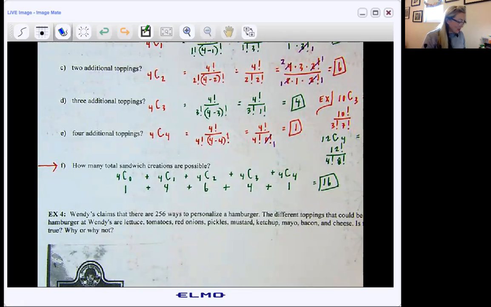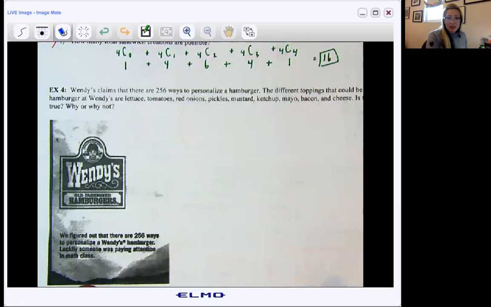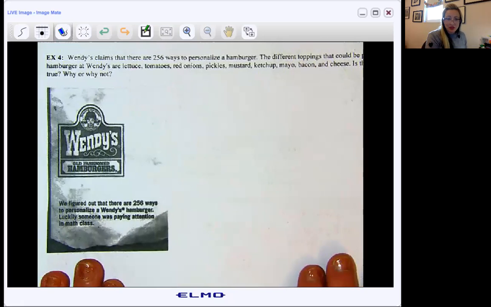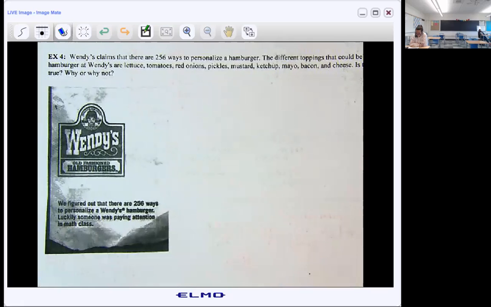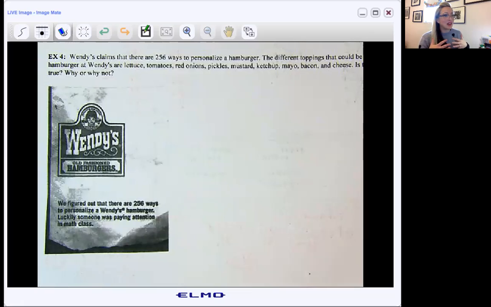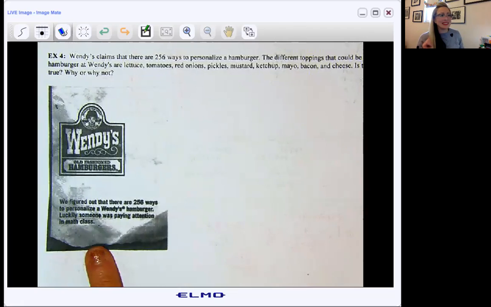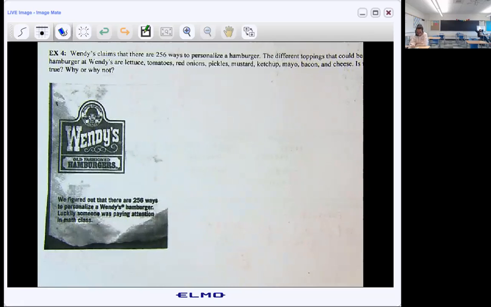Okay, so here, an example 4, straight out of the news. So this happened, I want to say about 10 years ago. Wendy's went ahead and they printed thousands and thousands of bags, just like you see right here. And they were pretty sassy on their bags. They said, we figured out that there are 256 ways to personalize a Wendy's hamburger. Luckily, someone was paying attention in math class, right? So they're being really cocky. The unfortunate part is